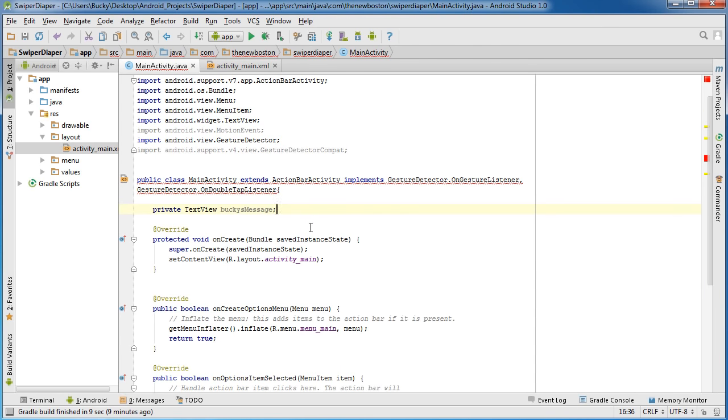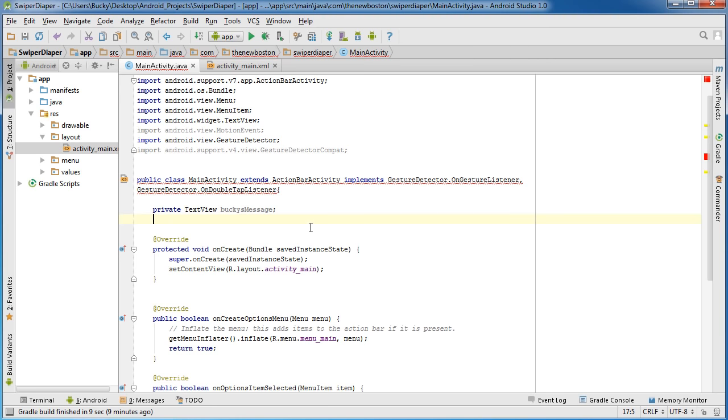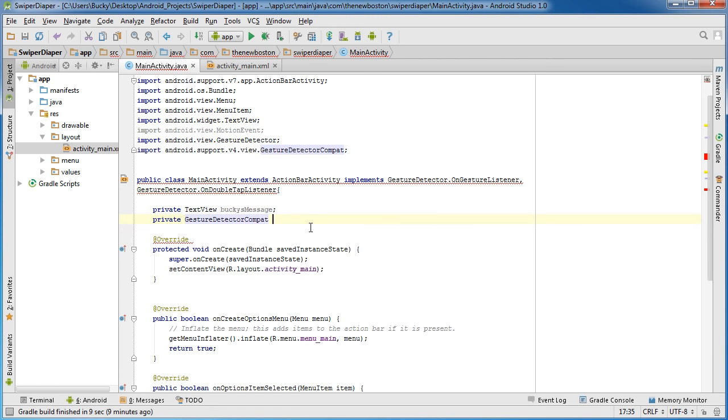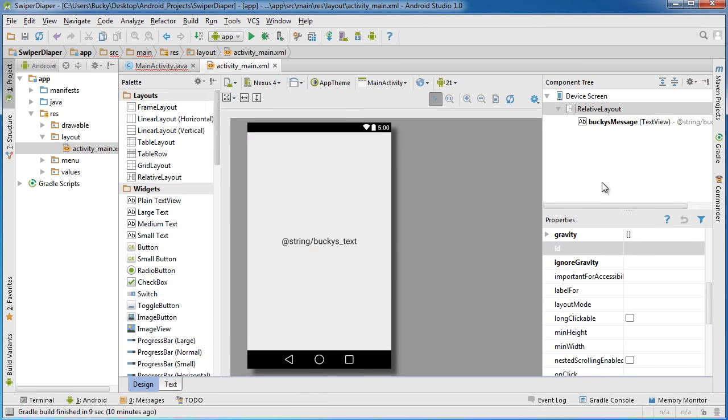Alright, now another thing that I probably should do right here is private GestureDetectorCompat right there, and call it mGestureDetector. Pretty good name. And again, you guys know that this variable is just going to be a reference